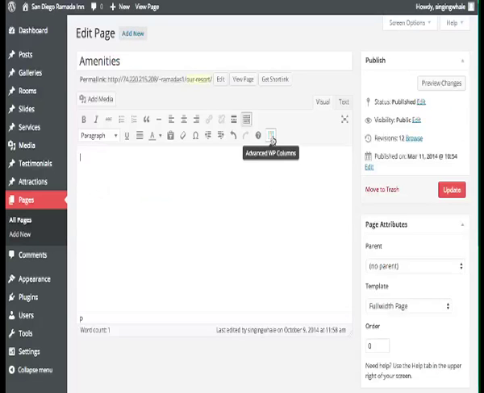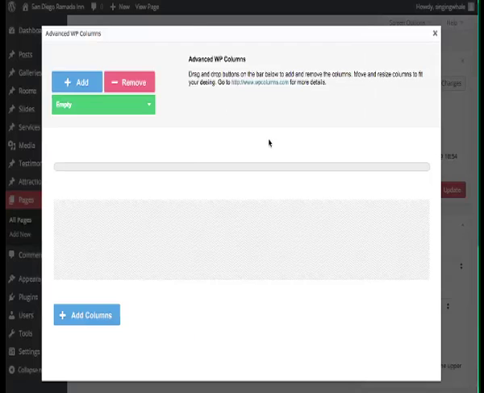What we're going to put in is our column builder, which is this icon right here. And we have a total of 960 pixels wide. And I've got 2 pictures I'm putting in that are 200 pixels wide. And then I'm putting in bullet points to the left of one, and I'm putting some general information to the right of another. So first we're going to add our first column